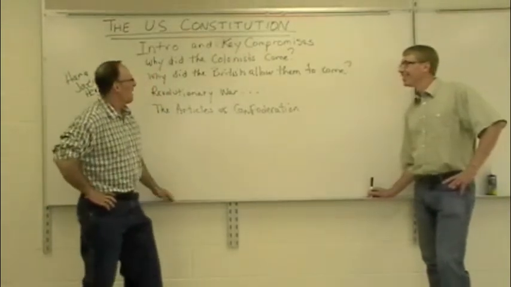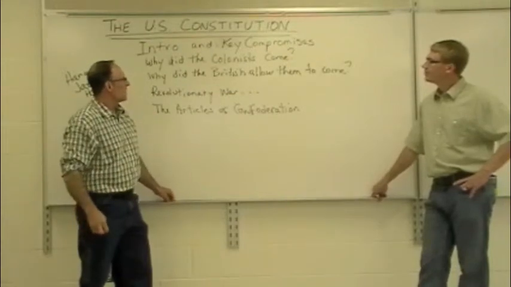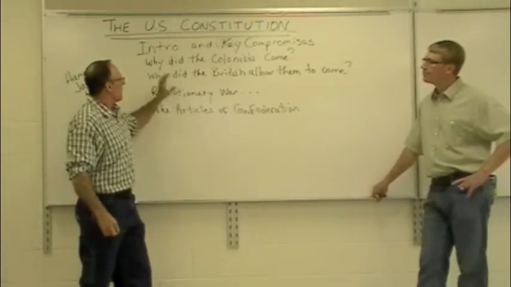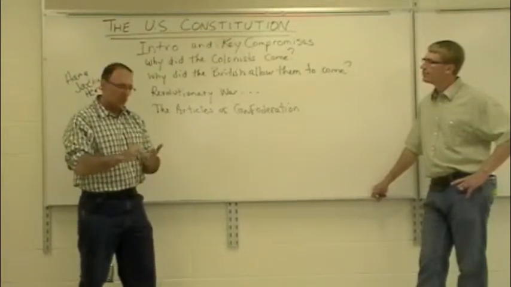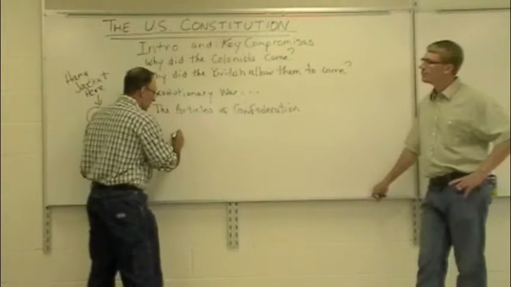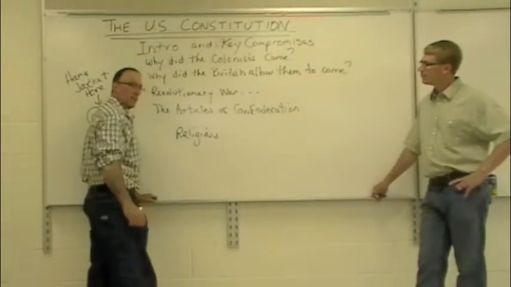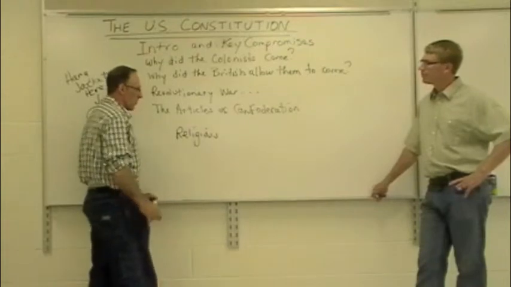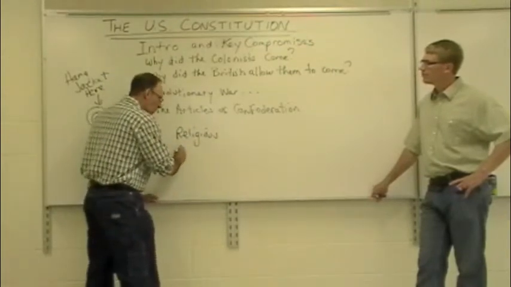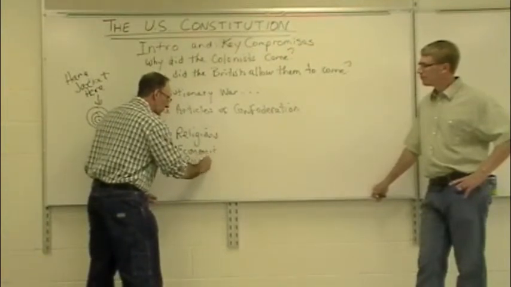Okay, so we were talking about the foundations of the American government. But I'd like to back up a little bit and talk about why the colonists wanted to come here. There are three major reasons. One, almost everybody knows this one, religious freedom. That's the more popular one. The king had no problem giving them religious freedom, but they also wanted economic and political freedom.